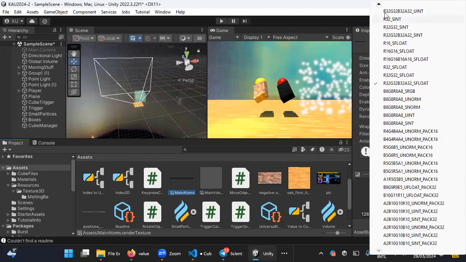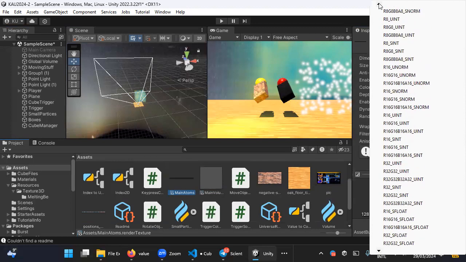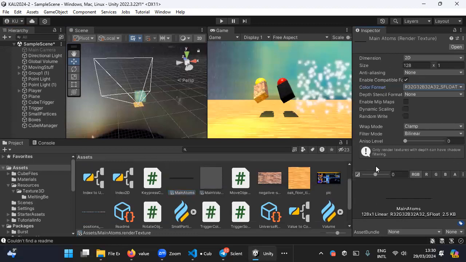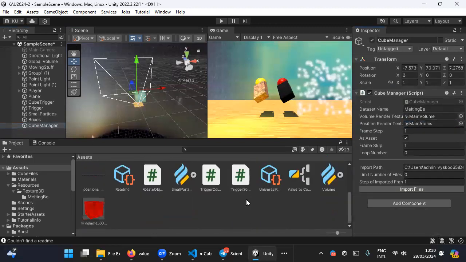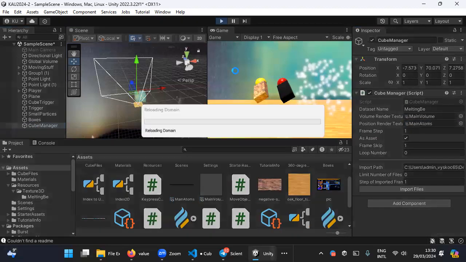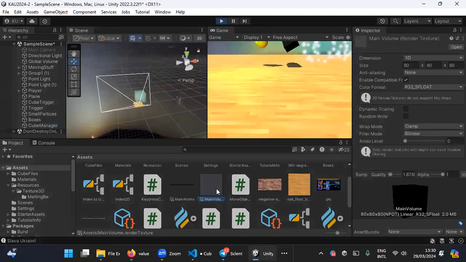Because yeah, you see that there's a lot of different texture formats. Yeah, it should be right. Yeah, so. And we need to put this render texture here to the cube manager. So now what the cube manager will do by running, I'll just try if it really is doing that. It should replace,